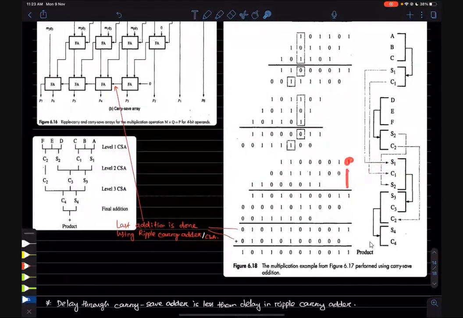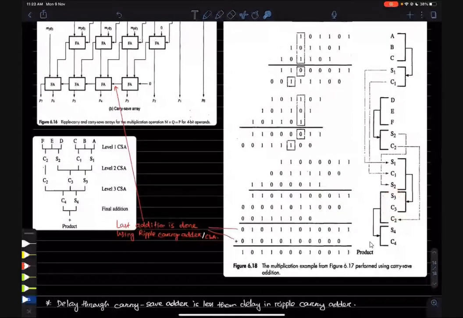We will do the same addition process. 1 added with nothing is 1 with carry 0. 1 plus 0 is 1 with carry 0. 0 plus 0 is 0 with carry 0. 1 plus 1 is 10, so 0 we will write here and carry we will write here. Normally we write the carries here and do the addition, but we are not doing that. We are just saving the carry in C3. After the addition, this is the sum value, this is the carry we have saved. So our output is S3 and C3.